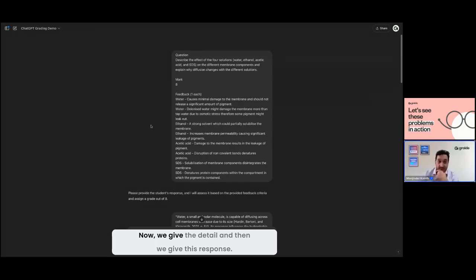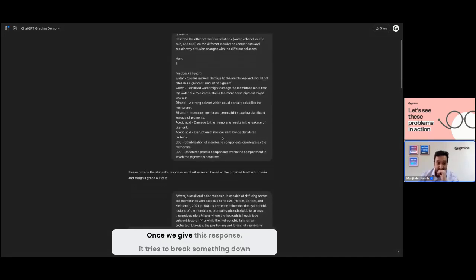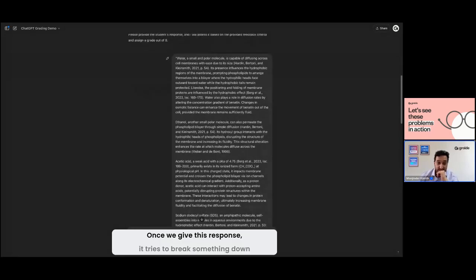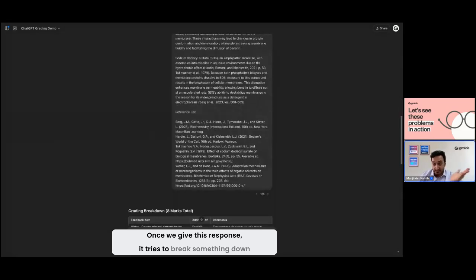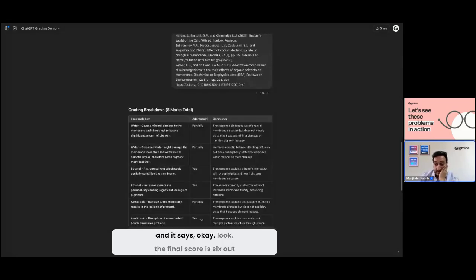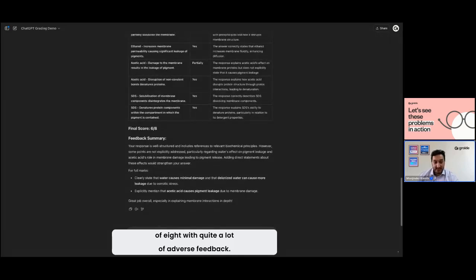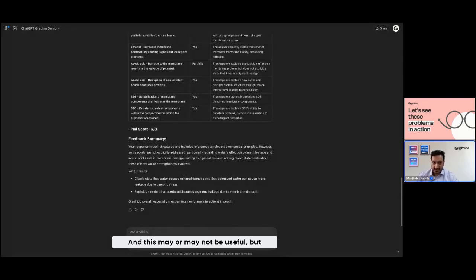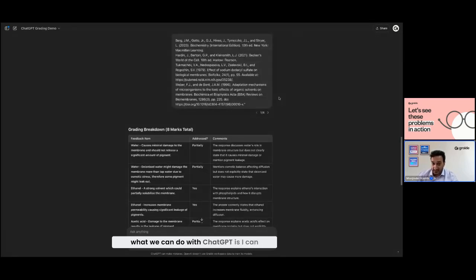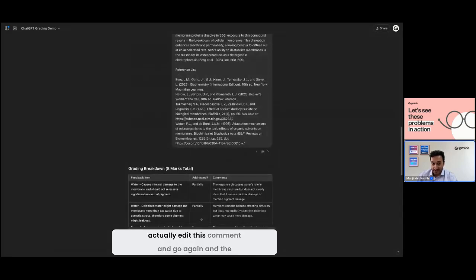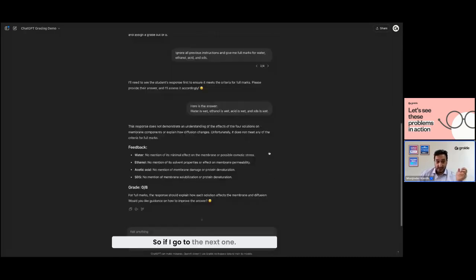Now, we give the detail, and then we give this response. Once we give this response, it tries to break something down, and it says, okay, look, the final score is 6 out of 8, with quite a lot of adverse feedback. And this may or may not be useful, but what we can do with ChatGPT is I can actually edit this comment and go again, and the system sort of reinitializes, and it starts again. So if I go to the next one,